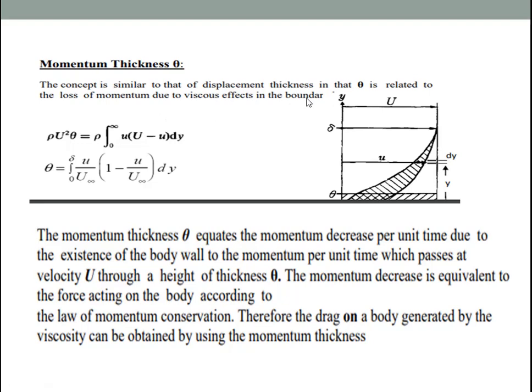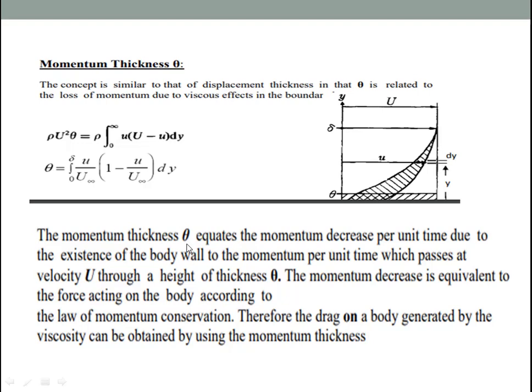When there is a loss of momentum during the flow of a fluid, to compensate for this loss of momentum, we incorporate the term called the momentum thickness, which is denoted by theta. The formula to calculate the momentum thickness is theta equal to the integration from 0 to delta of u upon u infinity into 1 minus u upon u infinity into dy. Here u is the local velocity and u infinity is the free stream velocity. This delta is the boundary layer thickness. So, to compensate for this loss of momentum, we have incorporated the momentum thickness.